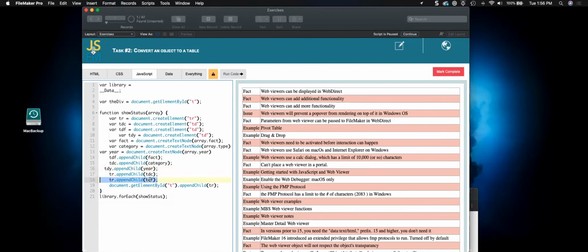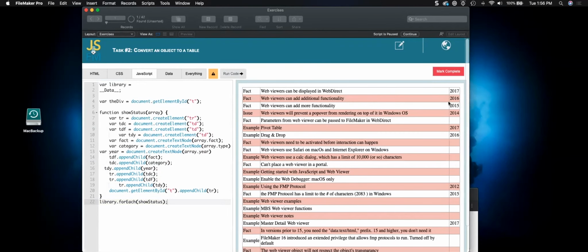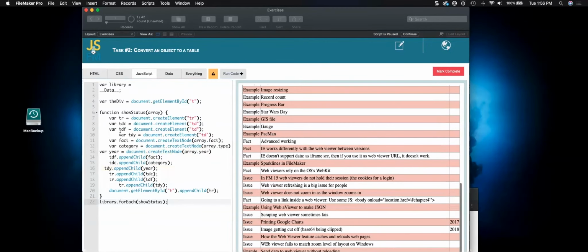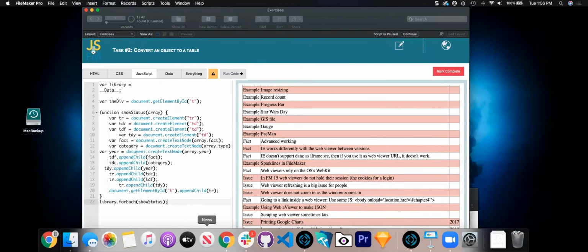and let's see if this works. tr.appendChild tdy. All right, I hope this works. Probably not, but we'll see. Yep, look at that. Okay, so I was able to add the column over on the right side. That didn't take too much time. It took a little bit of time to do this, but